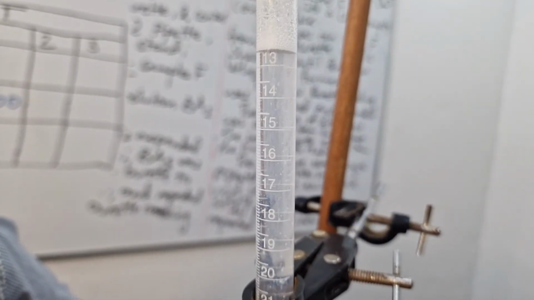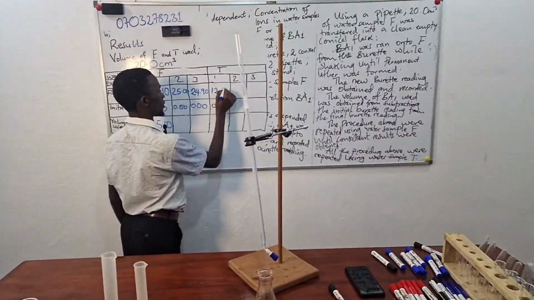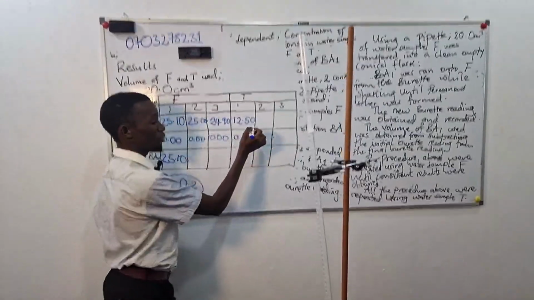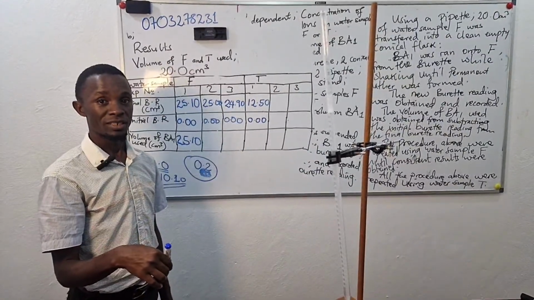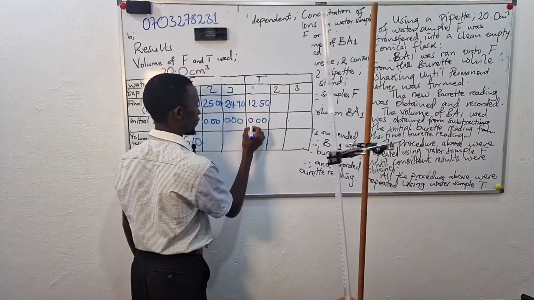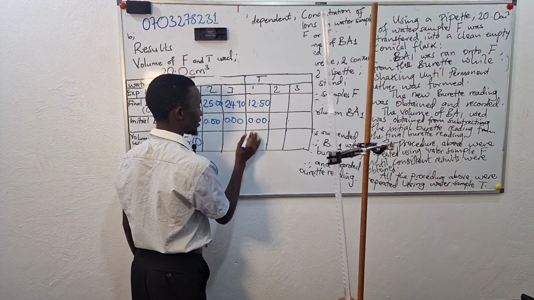It is 12.5. If you look at it closely, it is 12.50. So we add a 0 because we said we recorded the values of the burette to one decimal place. So this means that the volume of BA1 used on T is